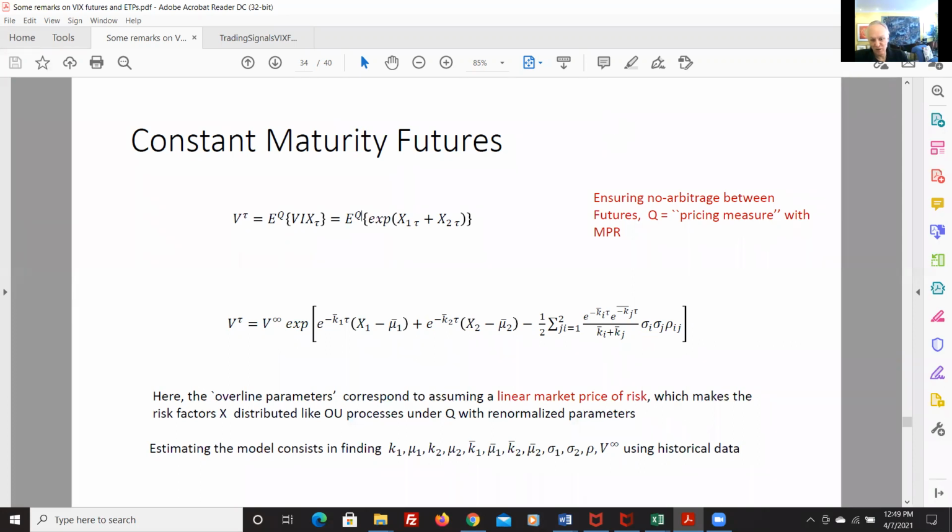This is an old scheme that everybody uses in derivatives, and it allows you to pass from the statistics of the underlying asset, which is VIX, to a risk factor. You have to consider a risk factor, and this is why we allow ourselves to change measure in the